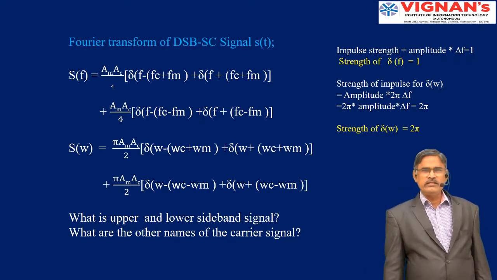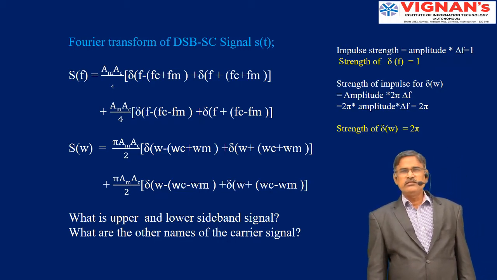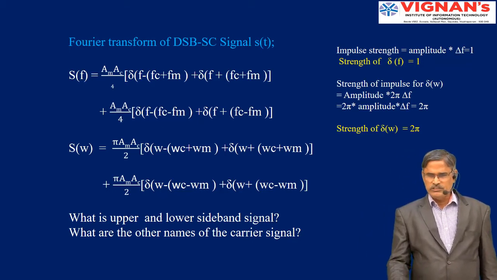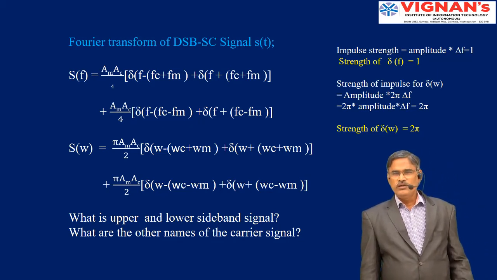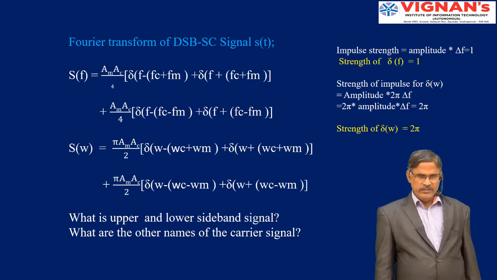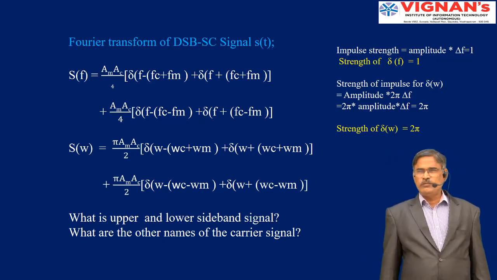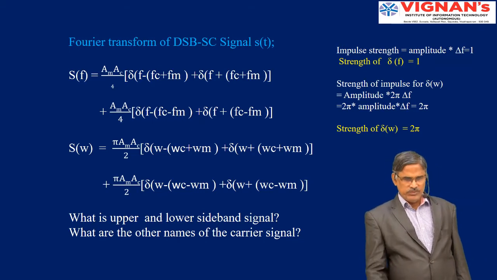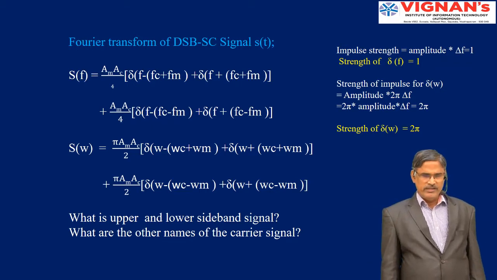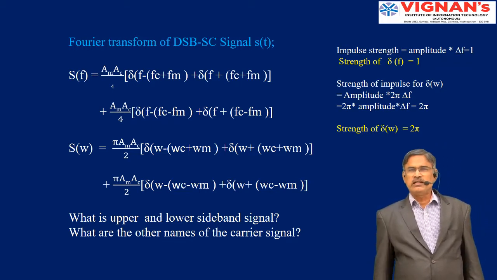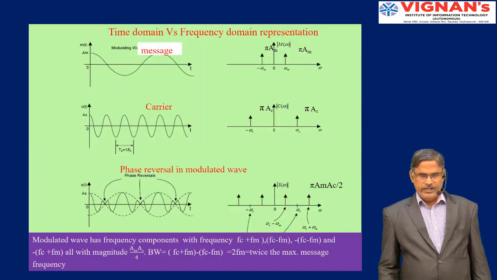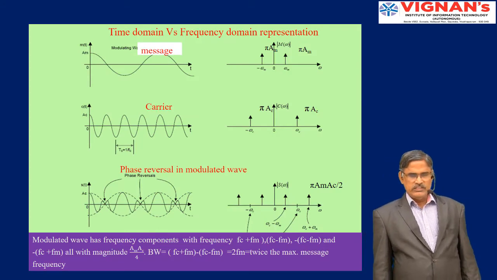And if you are changing the axis to omega, omega is nothing but 2 pi f. So in the place of del f, it is 2 pi del f. So you have to multiply the area by 2 pi if the frequency axis is omega. Therefore, whatever spectrum you are getting as S of f, if you want to represent that spectrum in S of omega, the impulses you have to multiply by 2 pi because the impulses are represented by their area.